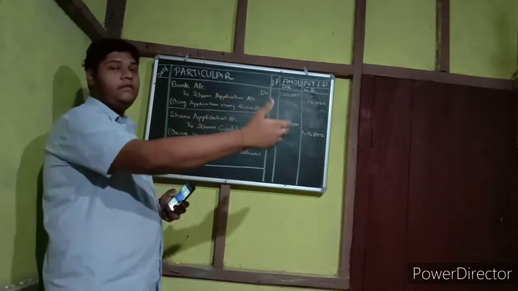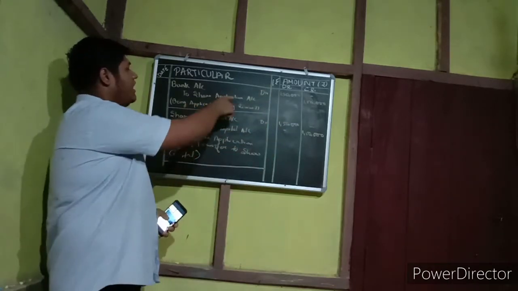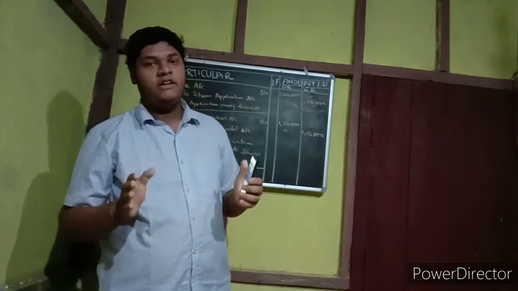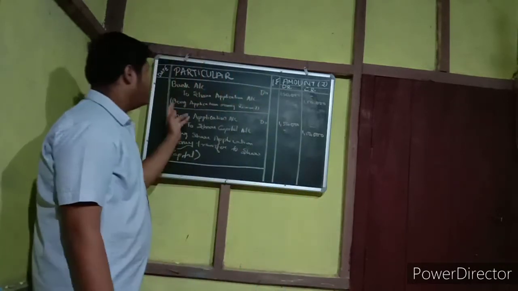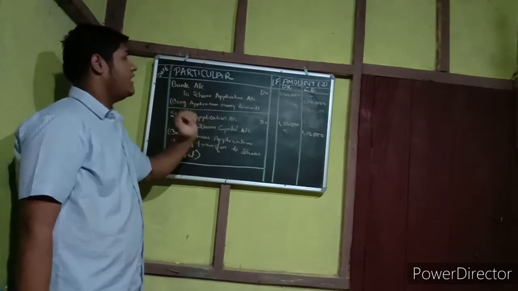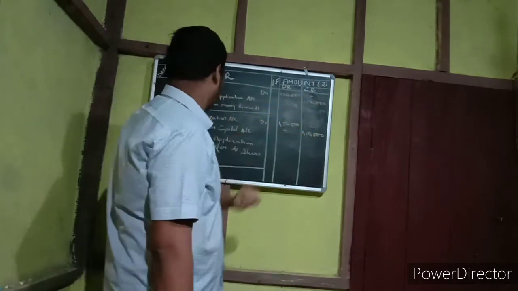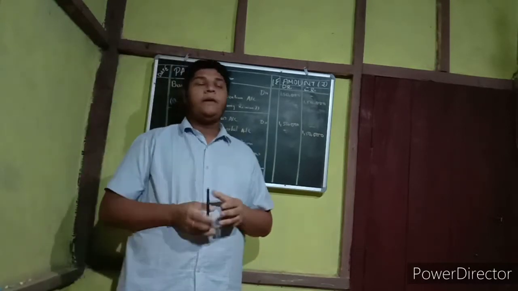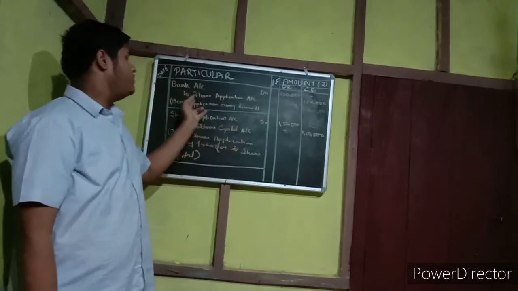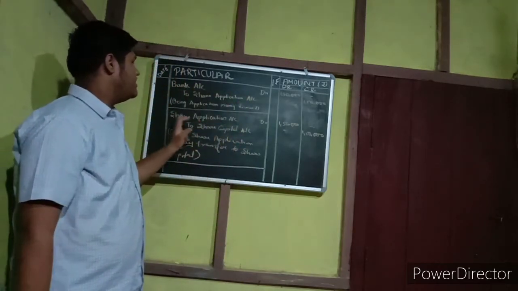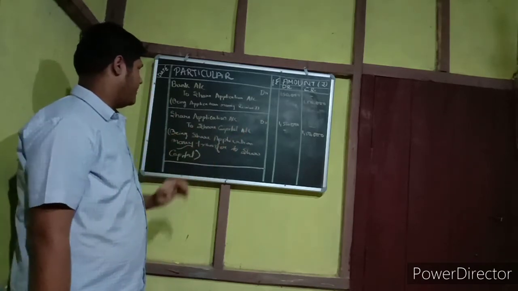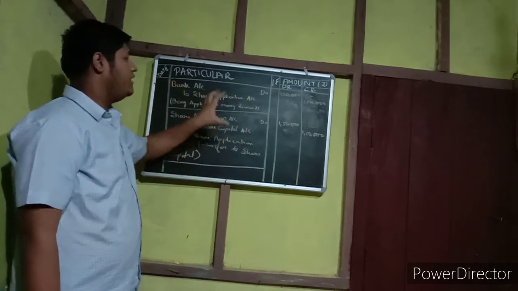Share application, what are we giving? We are giving share application. Why is it on the credit side? Because share application is between the company and a shareholder, so both are personal accounts. The golden rule of personal account is debit the receiver, credit the giver. So we are giving share capital. That's why it is on the credit side, and the amount will be the same, 1,50,000. Now every time we collect an amount for capital, it is share capital, so you have to transfer this share application to share capital. So Share Application Account debit to Share Capital Account, being share application money transferred to share capital. So this is the solution for application.